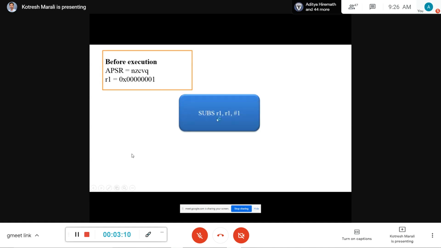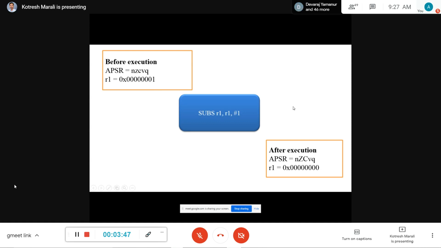Within the ALU, I am trying to perform subtraction with the R1 register as the output register, which means that after the operation is performed on R1 and 1, the resultant is going to be stored in the R1 register itself. So after execution, R1 will be updated with what value? With 0, right?